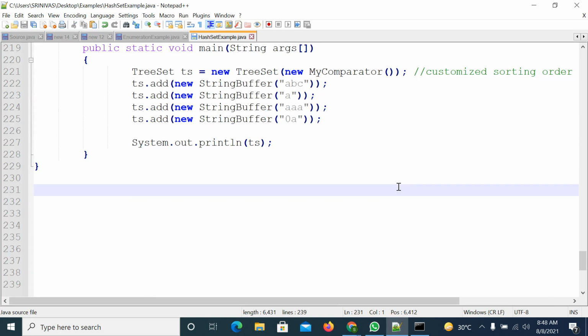Suppose you have a requirement where you have both Strings and StringBuffers in combination, then how will you sort the data?